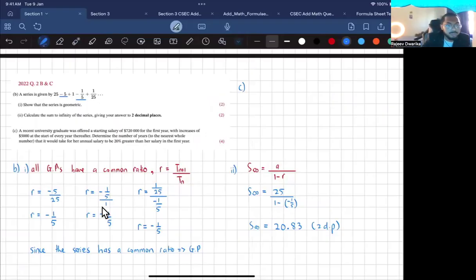And a is the what? Remind me, what is a? The first one. Right. So the person starts off with that amount of money, so a would be 720,000. I want you to continue reading and see if you have any other pieces of information. So with increases of